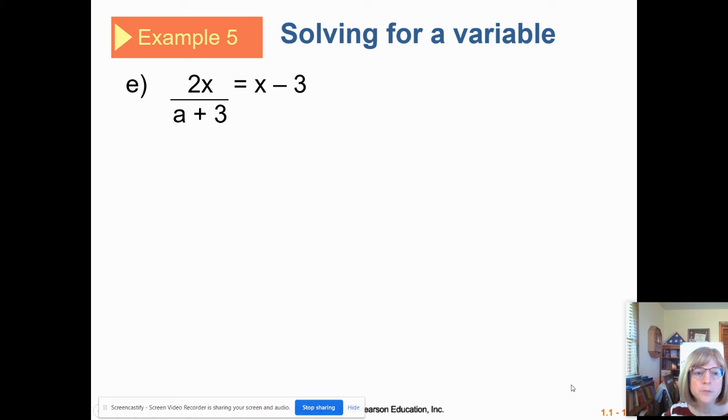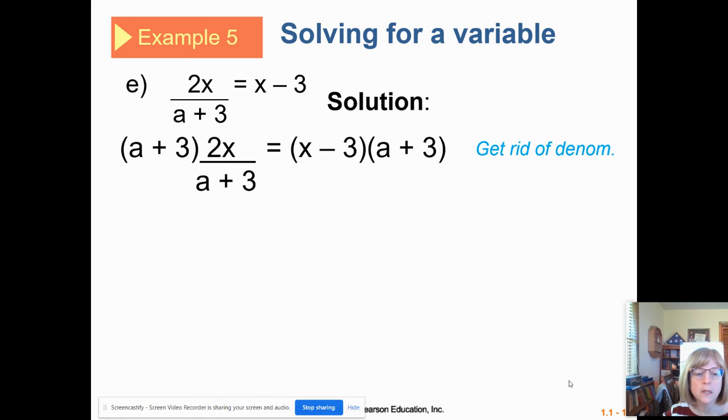Here's another example. 2x over a plus 3 equals x minus 3. Again, we're solving for x, and like similar problems, we have x on both sides of the equation. Now this example introduces a fraction. So the first thing I want to do is get rid of the fraction. I'm going to multiply both sides by a plus 3. On the left-hand side, the a plus 3 cancels, and I'm left with 2x equals. Now over here, I'm going to distribute, or FOIL, and I'll have ax minus 3a